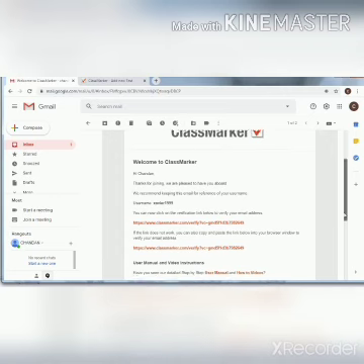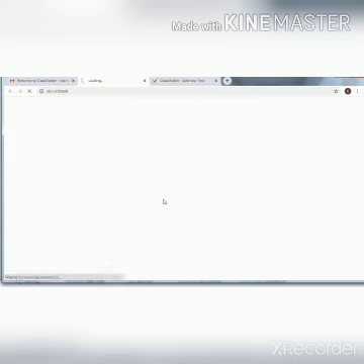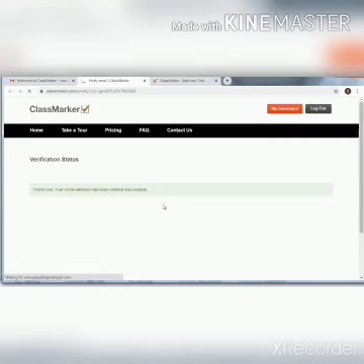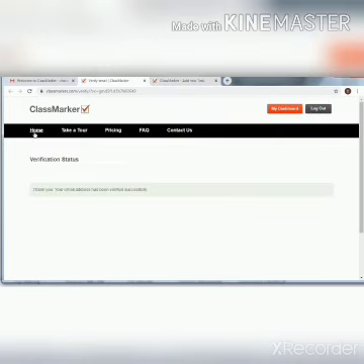So what I have to do now is verify the link. You can click on the verification link, select it. You will find here the same verification code has been prepared. Now the verification status: thank you for email verification. Now I have verified my email ID. Okay, so when I have verified my mail ID, go to the home.